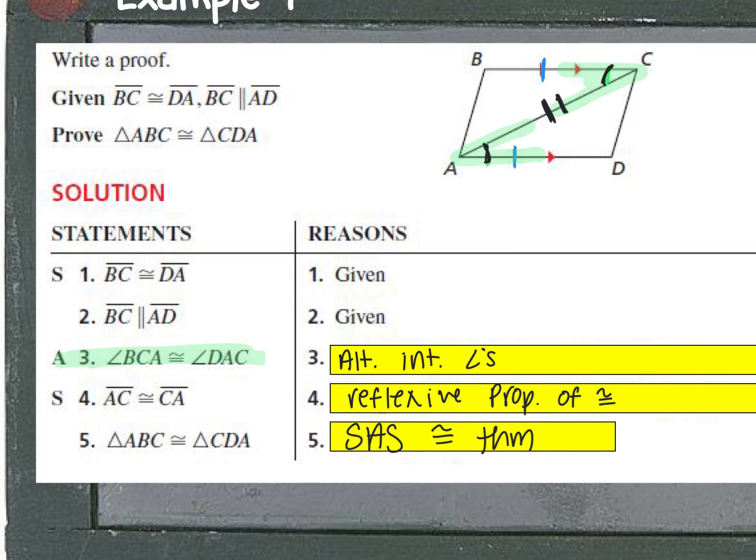Any questions on this one? Is there gonna be